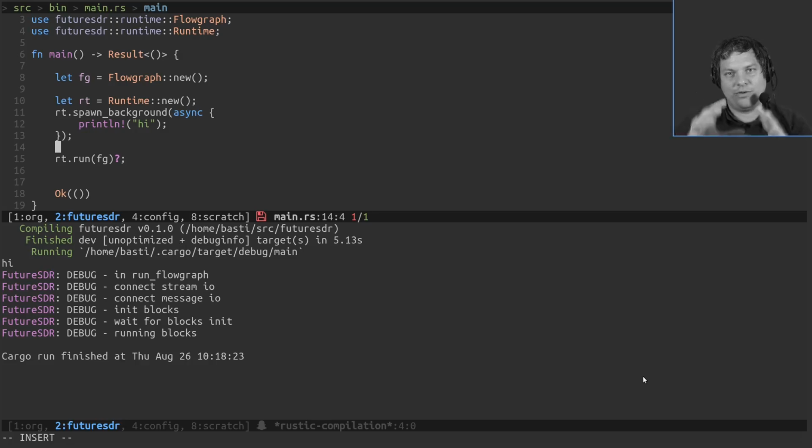So the flow graph is run by spawning individual tasks for the blocks. And by spawning it on our own runtime, we are able to introspect the topology of the flow graph, see how blocks are connected, and then do something smart. For example, we don't just randomly schedule the tasks or the blocks, but we do it in a way that makes sense.